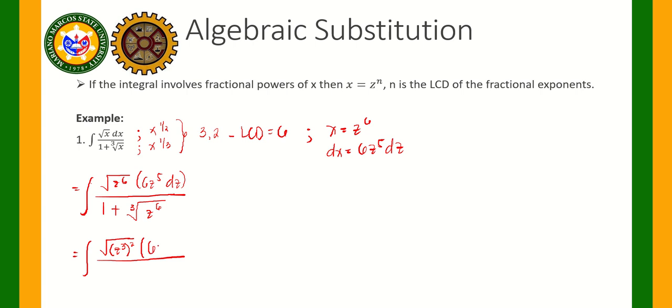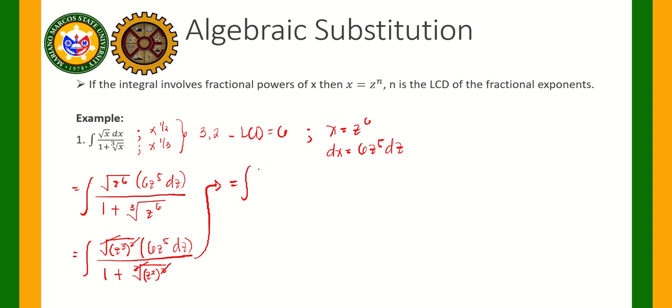And then this will be equal to 6z^5 dz all over 1 plus, ganun din yung gagawin natin dito. Dapat raised to 3 yung nasa loob natin to eradicate yung radical sign. So, to do that, kailangan nating gawing z squared raised to 3 yung nasa loob. Okay? So, of course, this will cancel and also with this one. So, we will be left with